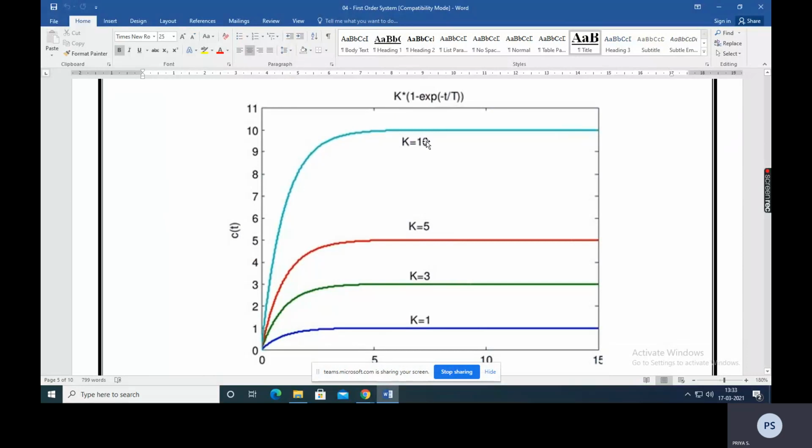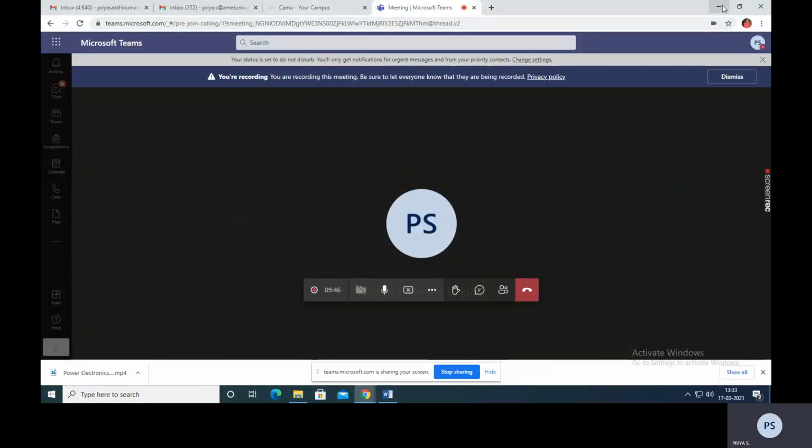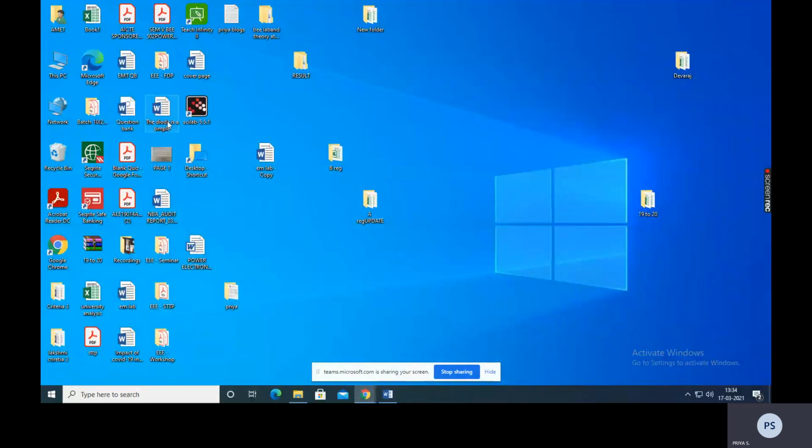Okay, see what we are going to do now today. We are going to achieve this using simulation. For doing the simulation for a simple transfer function of your first order system, I am going to use this, called Scilab. Okay, the Scilab version is available. It is free software. You are able to download it directly. It is available for 32-bit as well as 64-bit processors. Whatever you have in your desktop or laptop, you can easily download it. When you download it, you have this icon. When you click the icon, you are opening the Scilab window.